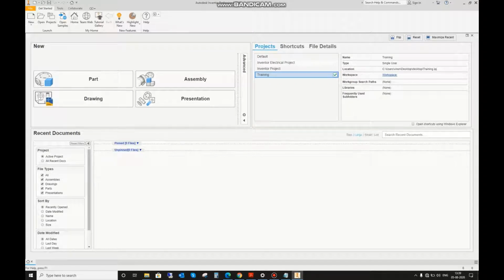The basic procedure of any parametric modeling is that we have to start sketching, and based on that sketch we have to make models, and based on those models we have to make assemblies. There are specifically three approaches to do modeling. One is top down assembly, one is bottom up assembly, and one is middle out.